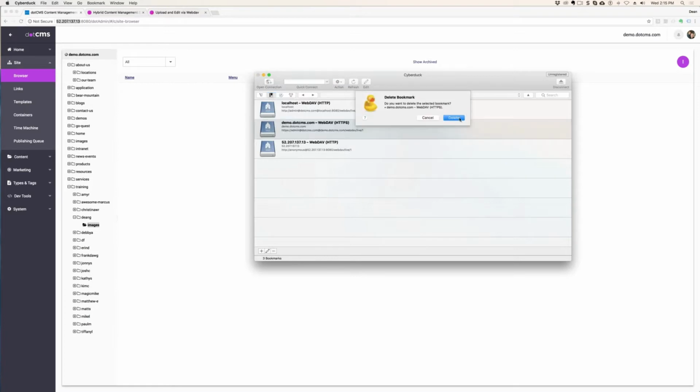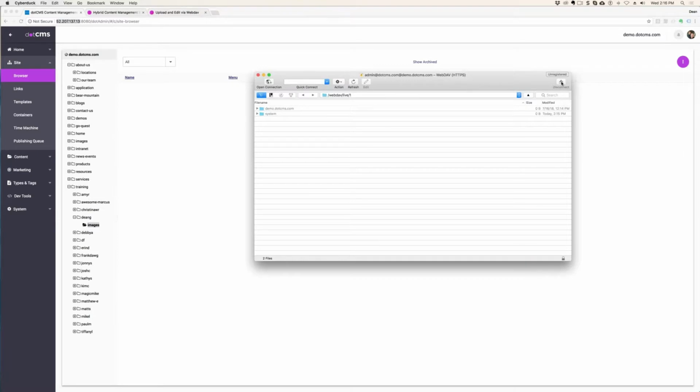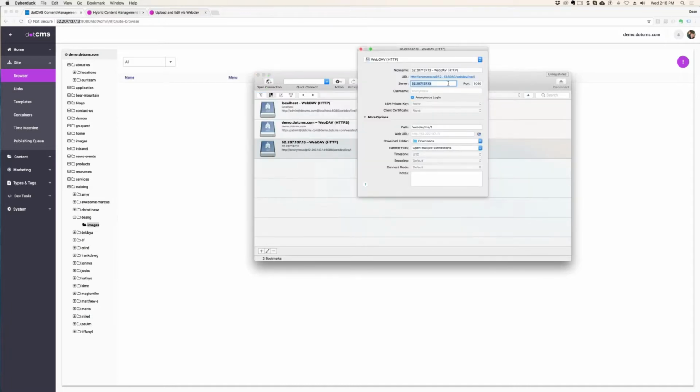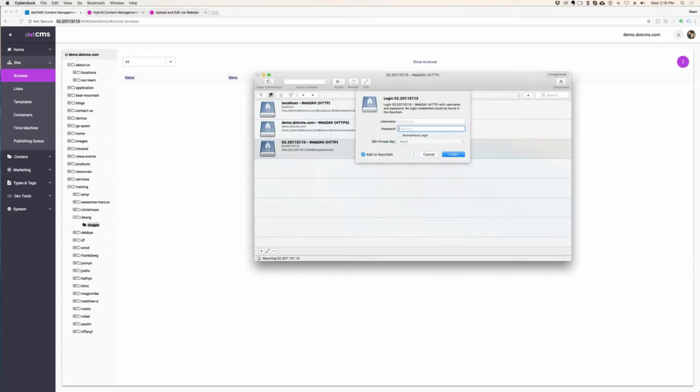I haven't used it in a little while. Cancel. I should be able to just pick one real quick and show you the concept. It's important to be able to do that whenever you're implementing. So I would log in with that dean@dotcms.com